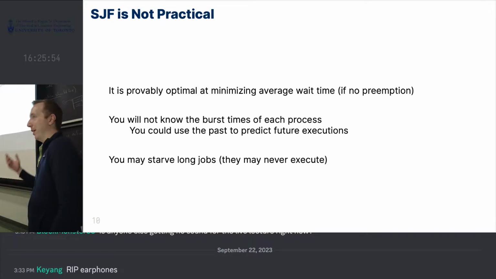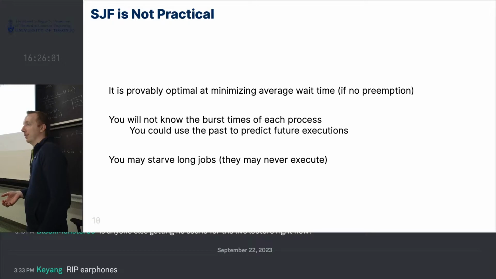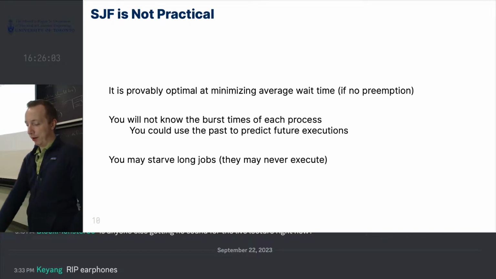Yeah. So the other thing, if you have a really long job, then nothing else can run too, right? So some jobs can actually restart. Yeah. Some jobs can restart, but